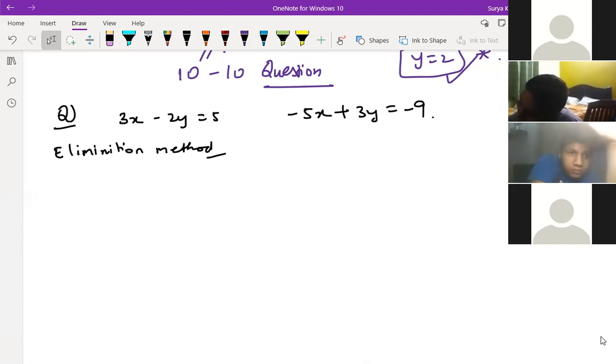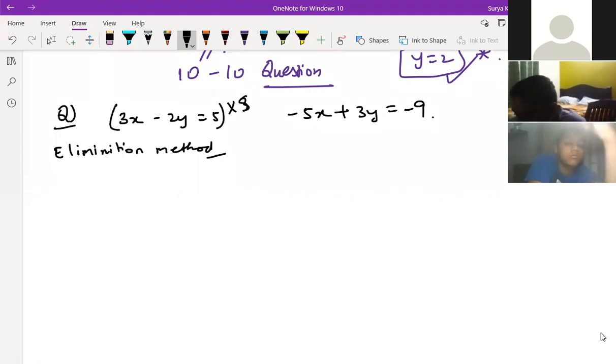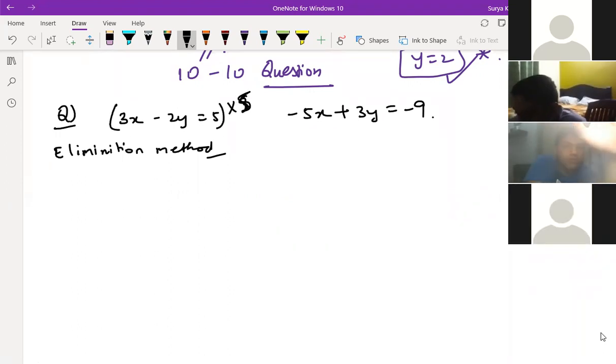If you multiply, sir, we can multiply it by 3. Which equation? The first one. Okay, so we need to multiply the first equation by 5, the second by 3. The second by 3, right? Yes, sir. Anybody else? This is the correct way, because Sahil wants to match x only. So in the second equation, you have to multiply by -3, right?